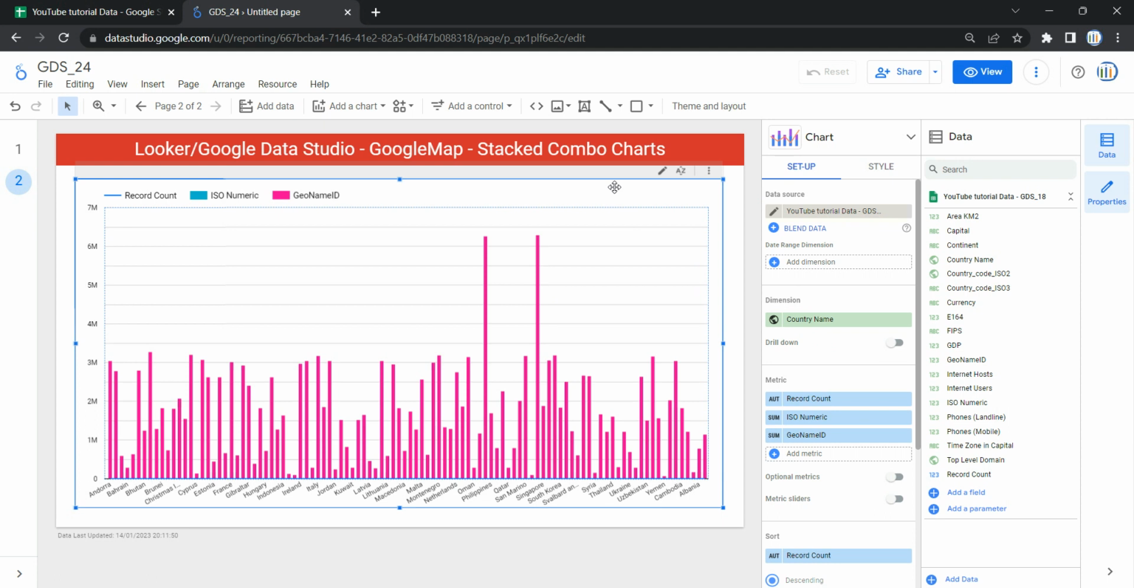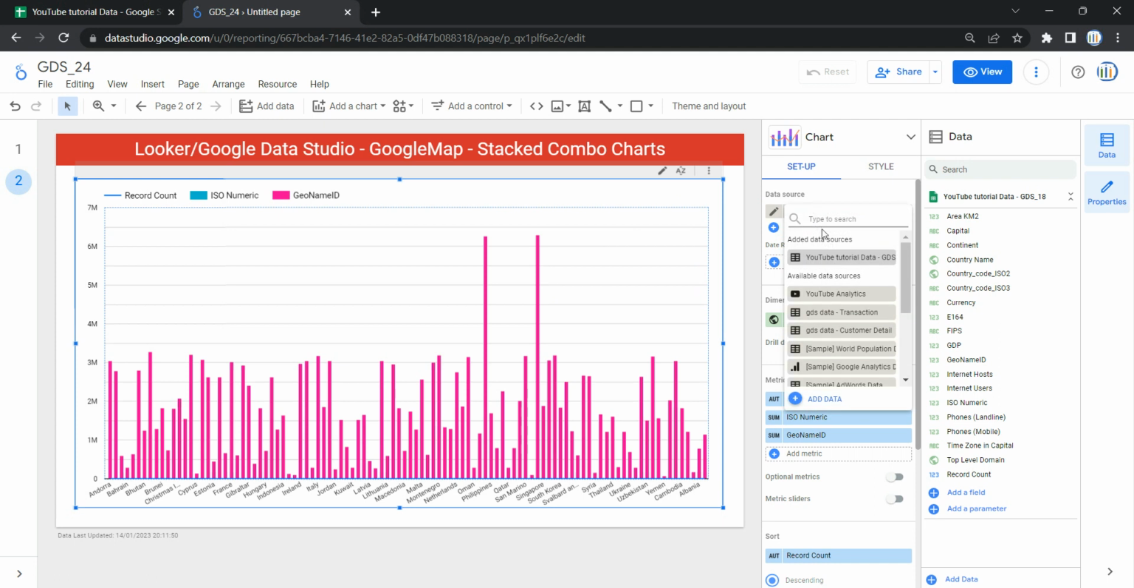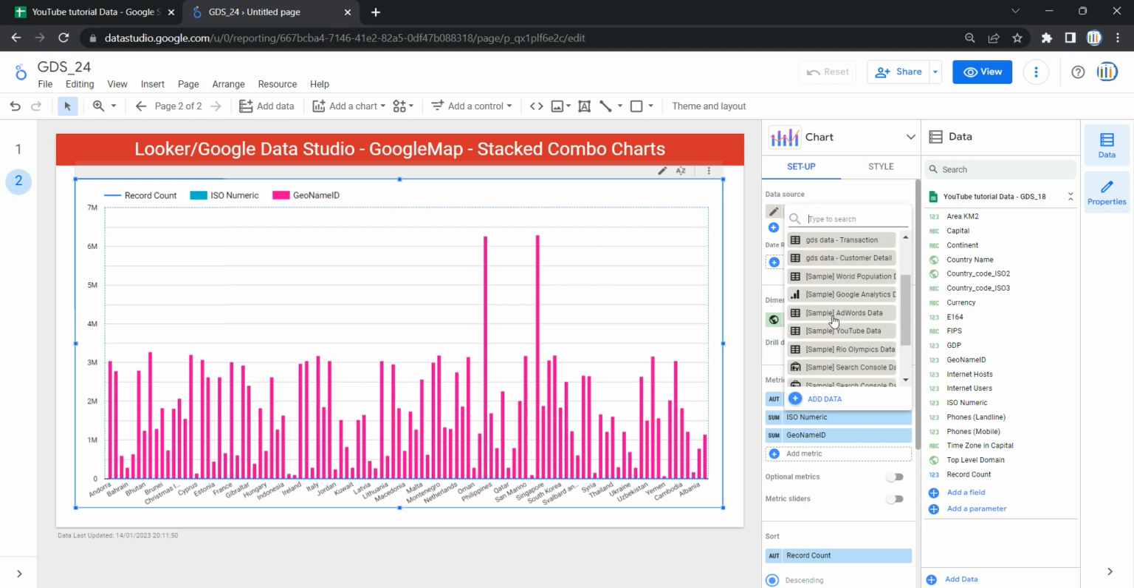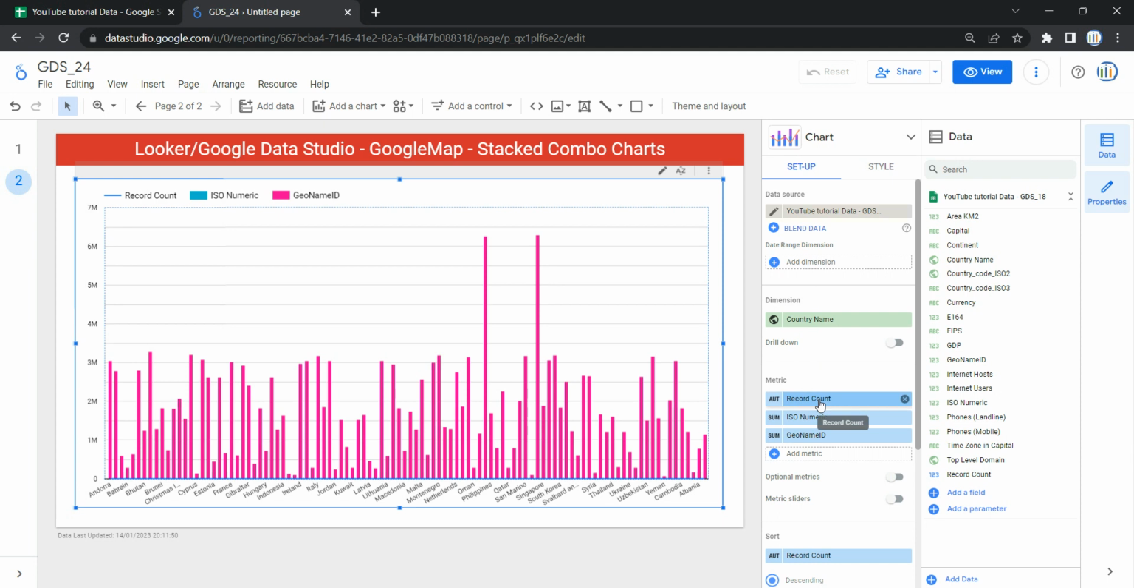But suppose you want to change your data source, then what you can do is click over here, and then you will have a lot of options to add your data source. And in case you have not loaded your data source onto Looker, you can click over here, add a data. Once you click on that,